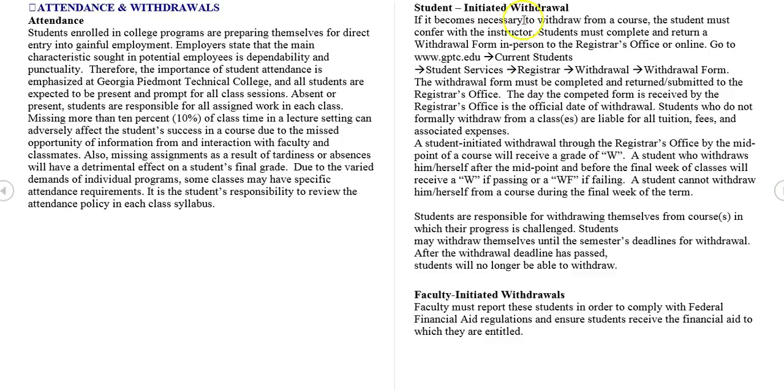Attendance, student-initiated withdrawal, faculty-initiated withdrawals. You can withdraw yourself at any time before the midpoint of the semester. I have to check the academic calendar to see when that is, or you're welcome to check the academic calendar under quick links. Or I can withdraw you